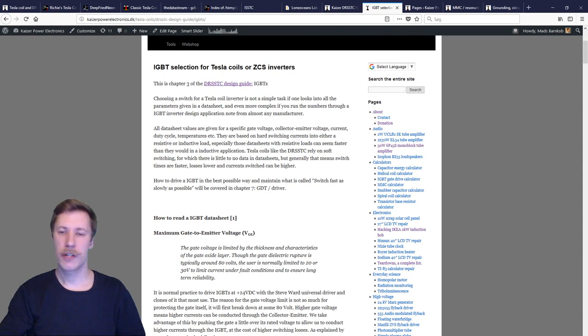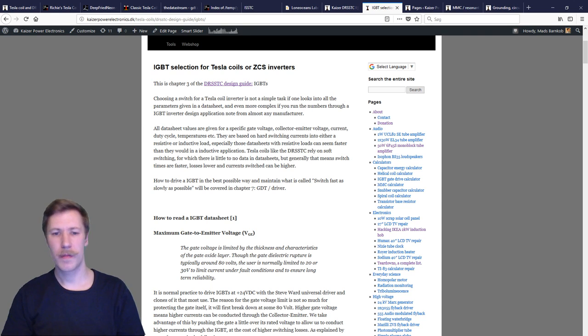The first few chapters are about how you understand the key datasheet specifications that are vital to us when we want to abuse an IGBT, because that is really what we do. We take something and drive it at a higher peak current than it's designed for,